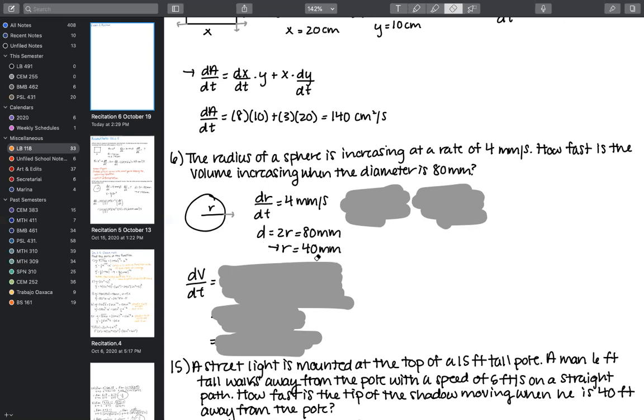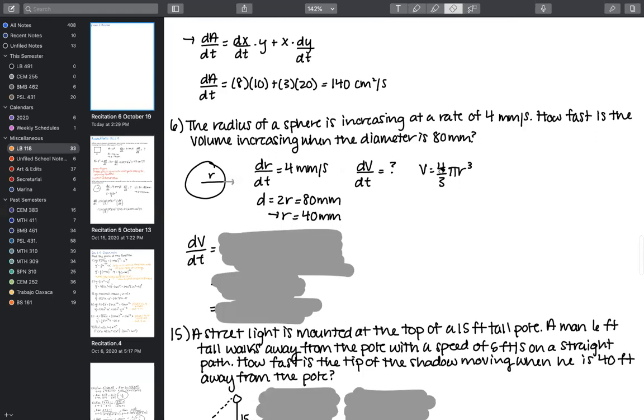And the reason I'm going to simplify this in terms of r is because I know that the volume equation, because I need to find dV/dt, of a sphere is based off of radii. It's based off of the variable r. And so I need to get the information that is given to me in terms of diameter into a workable form, which in this case will be radius.